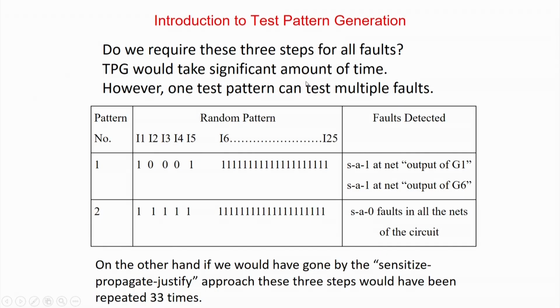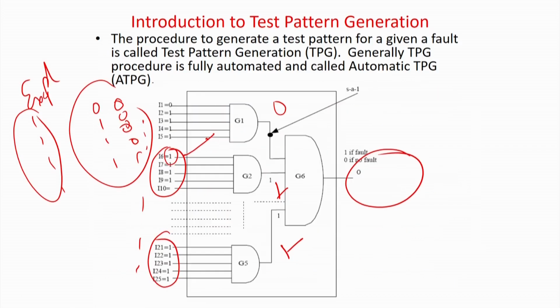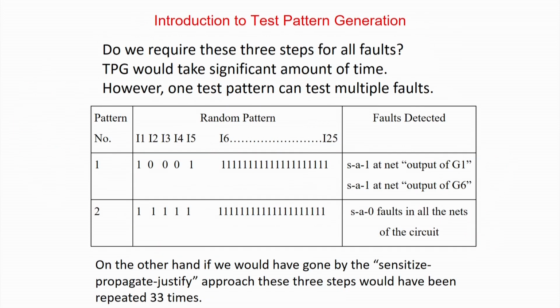Okay. So, how do you do this? Now, there is a very interesting concept. In this case, how many faults are there? There can be about 30, maybe 31 lines in this case. So, how many stuck-at faults can be possible? 2 into 31, so around 60 stuck-at faults will be there, stuck-at 0 and stuck-at 1. Now, what do I have to do? I have to do it for all the lines. For all the lines I have to take a fault and generate the test pattern by this sensitize, propagate and justify algorithm. So, if the circuit is very big, this iteration has to be done for all the lines into 2, because each line can have a stuck-at 0 and stuck-at 1.